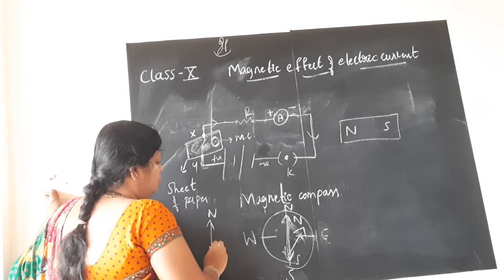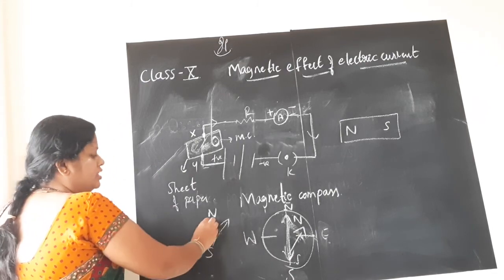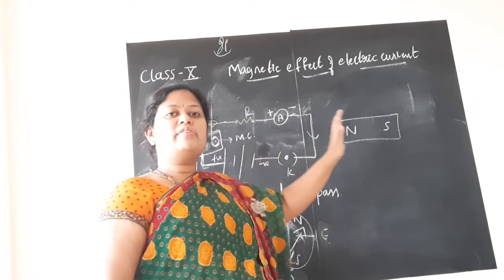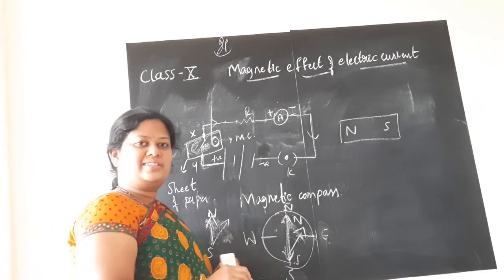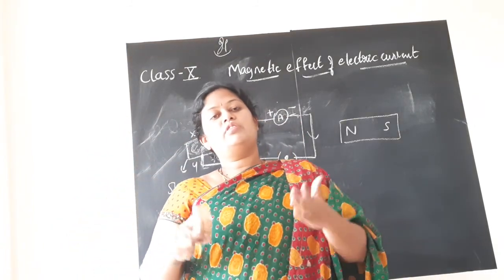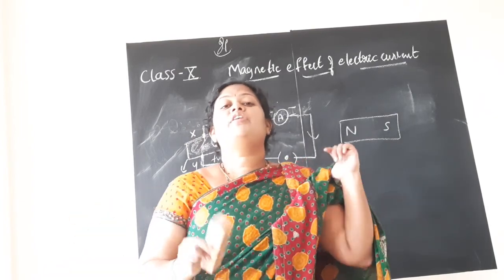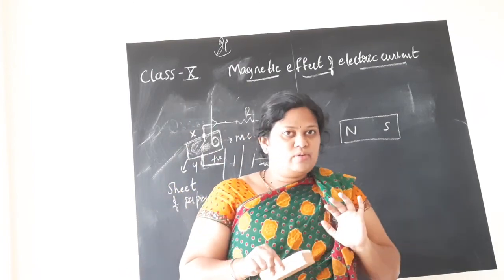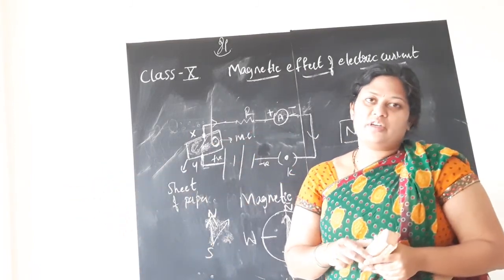So it always shows north-south. When current is passed, suddenly this needle will move like this. It will rotate like this. Again, when the current moves away from it, of course its work is to show north only, so it will come back to this. Here the question may arise: it should show north-south, but if it is deflecting, it may show east or west. Yes, but that is only for a moment, children. Which moment? When current is passing nearby. Again, when current moves away from it, it will come back to its original position.